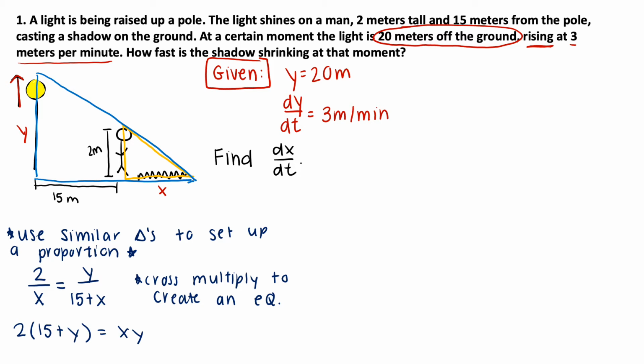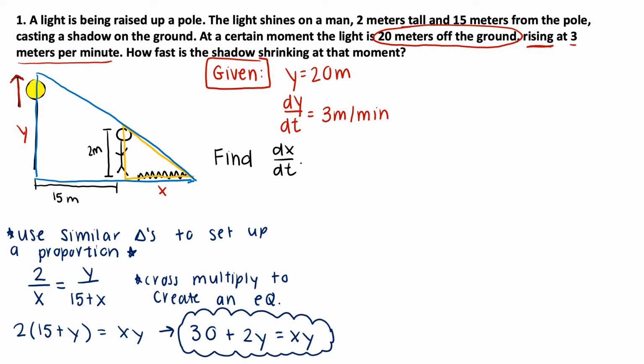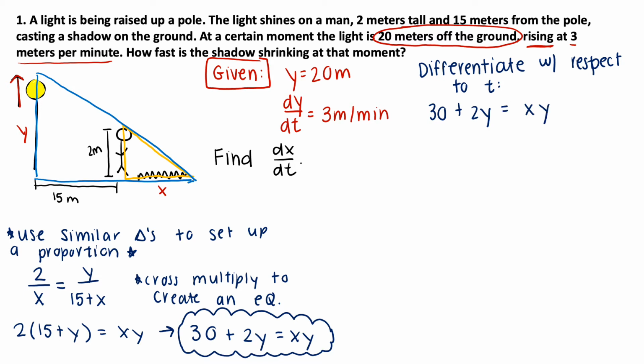So this gives me 30 plus 2y equals xy. I'm just going to cloud that for a minute so I don't lose it. Okay, from here I'm going to take that equation up, and I'm actually going to now differentiate that equation with respect to t. So we're going to take the equation that we have, 30 plus 2y equals xy, and we're going to differentiate